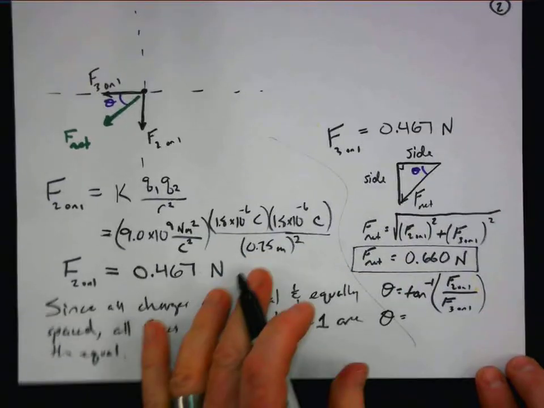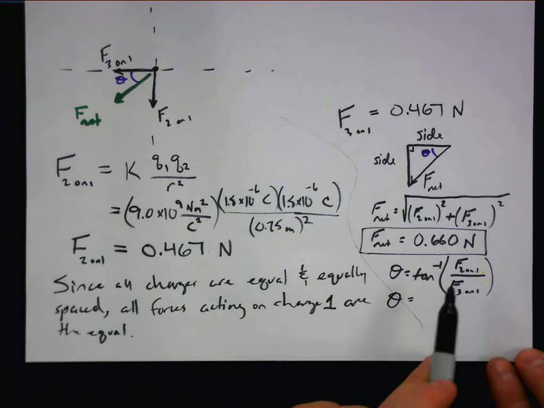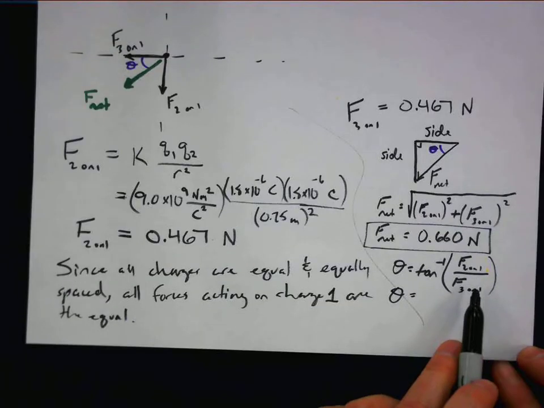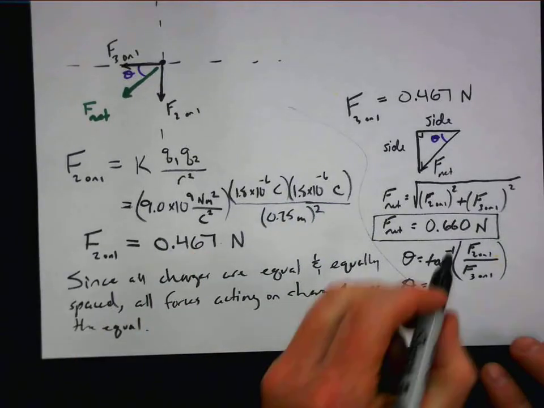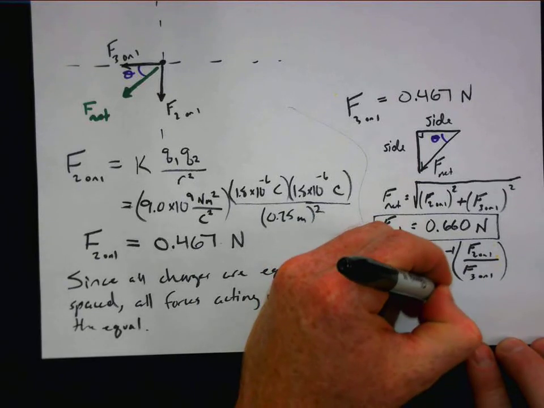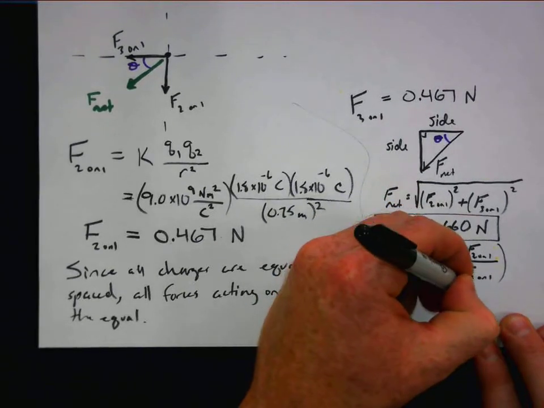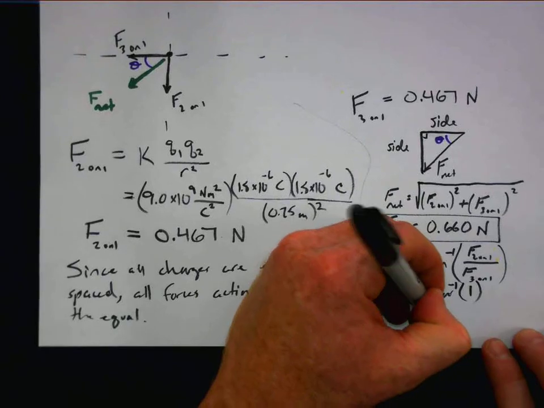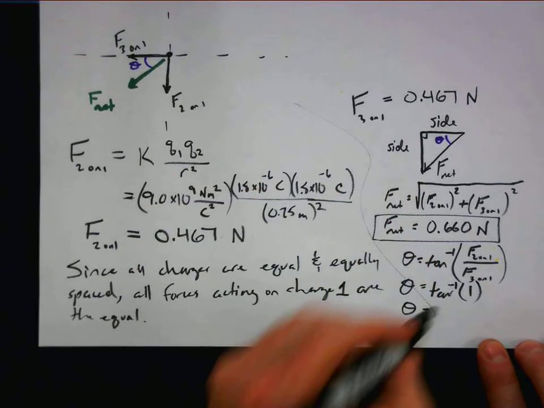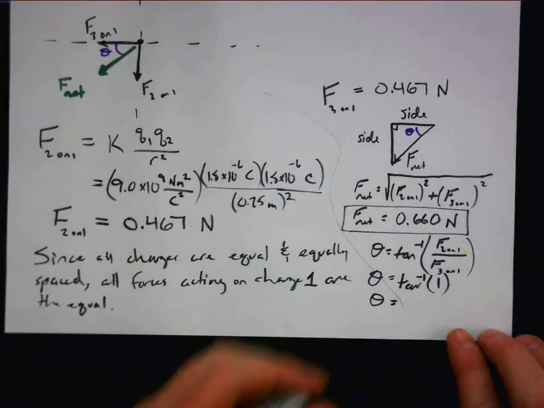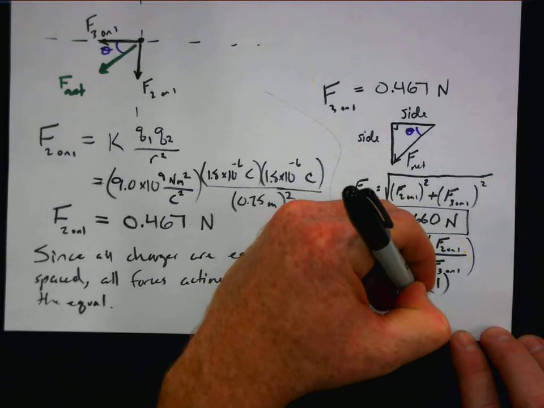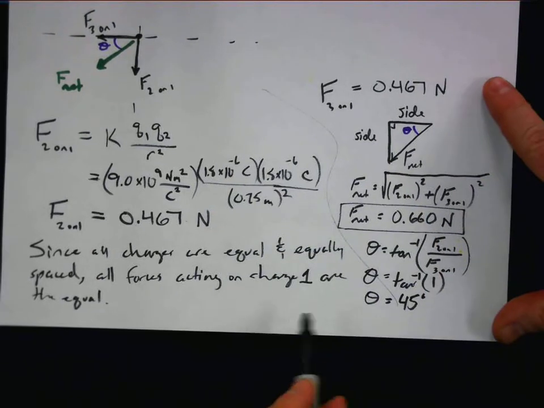Now, this makes it pretty straightforward because I know those two forces are equal. I got the same answer in each case, so that's just 1 over 1. That means inverse tangent of 1. And that's, if I don't have that memorized, the calculator's real quick going to tell me that's a 45-degree angle. So 45 degrees